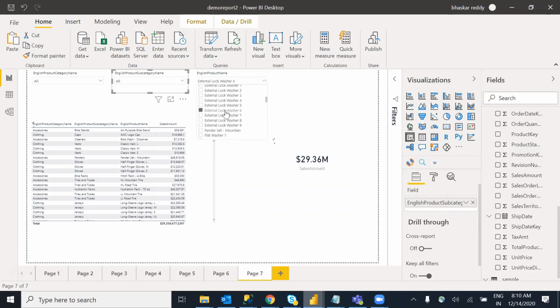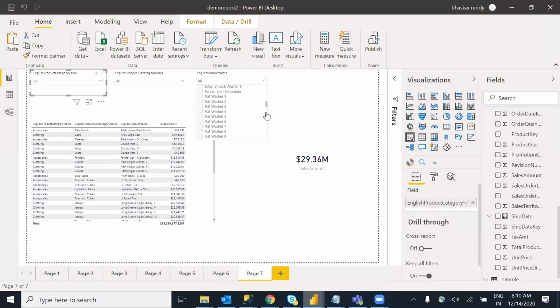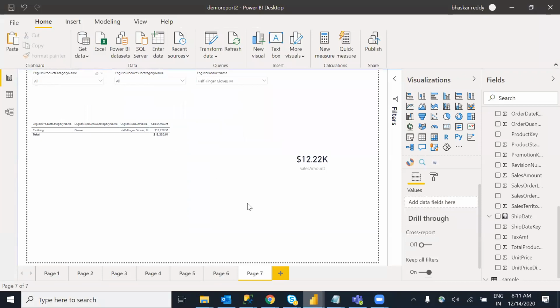Now you can select something in the last table. If we go over here, we have some blank products over here. Cross filter direction, single and both. Let me select. Now everything got filtered as per your selection. This is what we have, the cross filter direction, single and both.